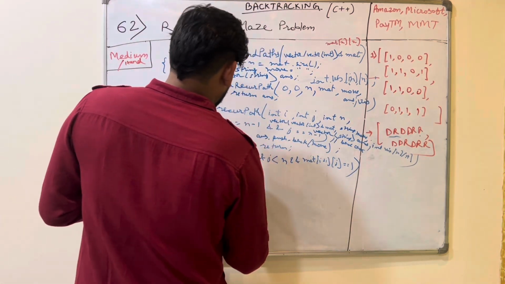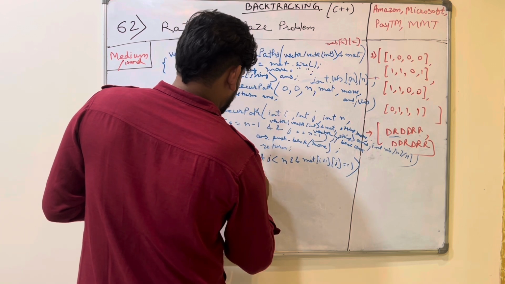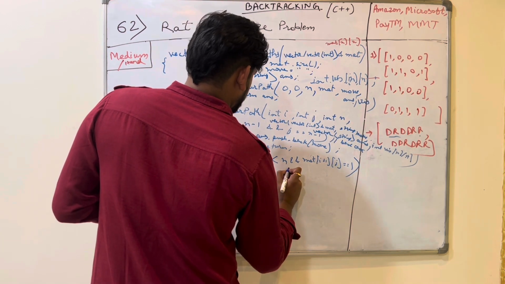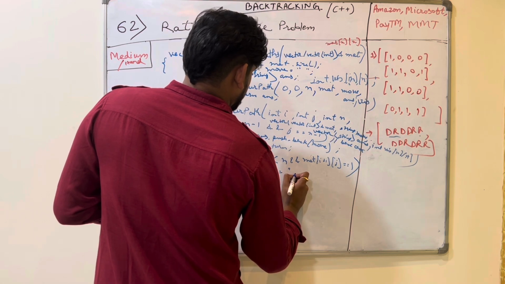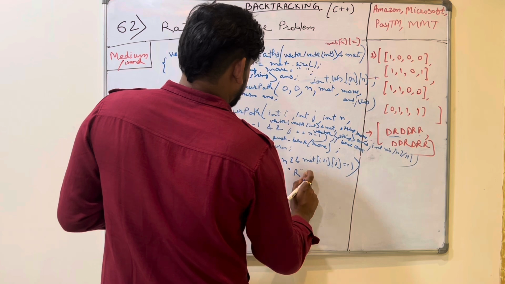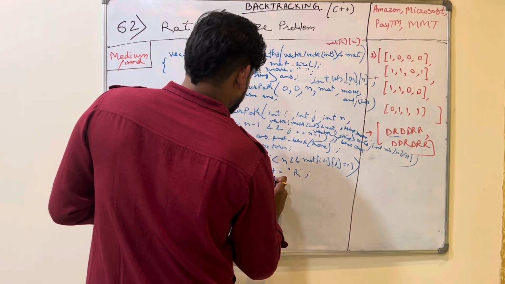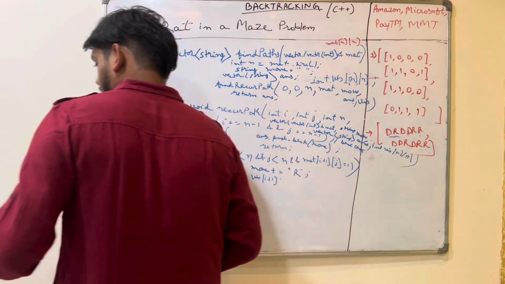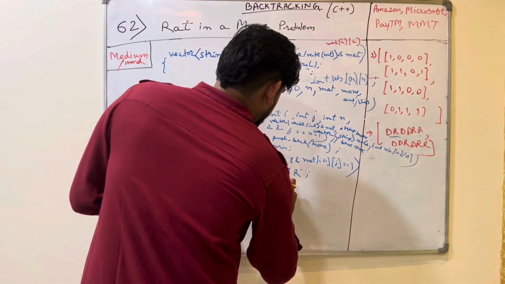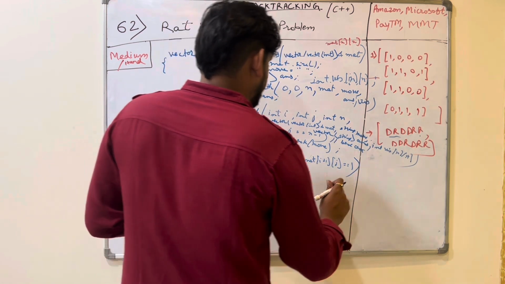We add move plus equal to right. Move plus will be equal to right, and visited i plus 1j. Okay, move plus equal to right, visited i plus 1j would be 1, and also we need to check,